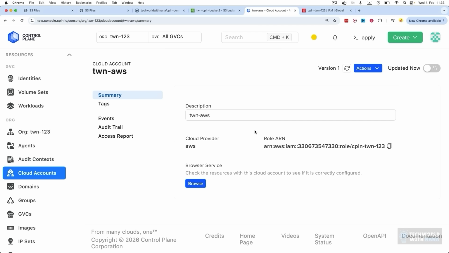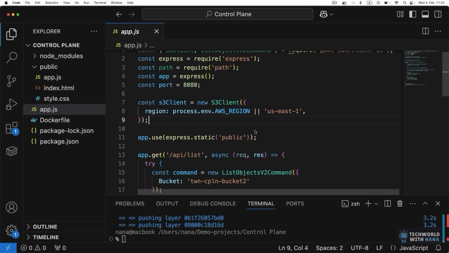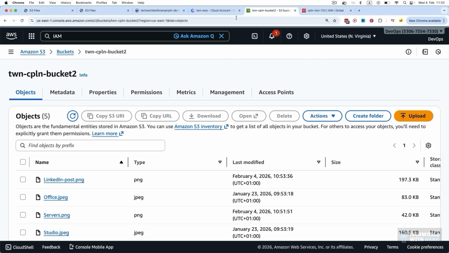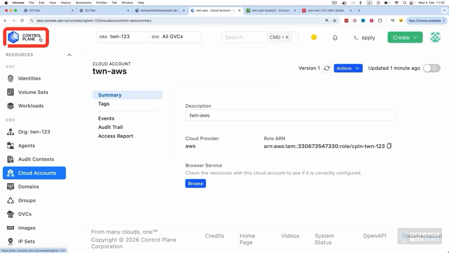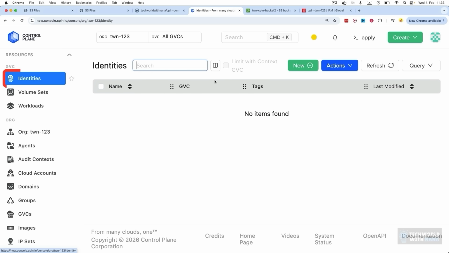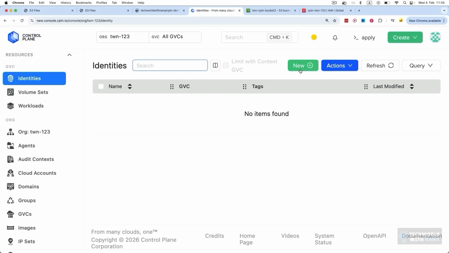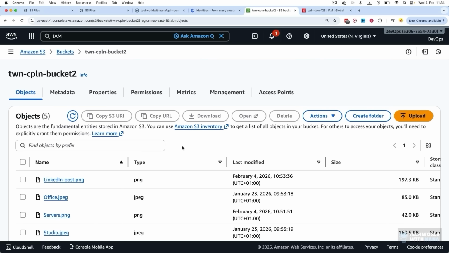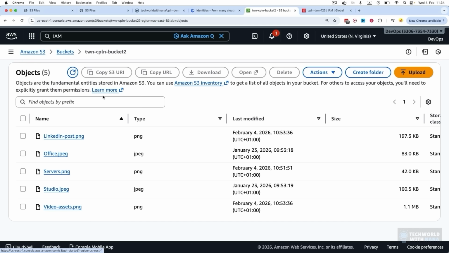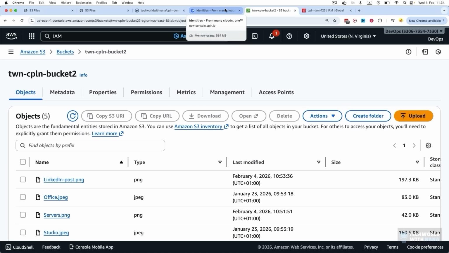Now the question is, that's all good, but how do we actually give our application access credentials to the AWS account, to this S3 bucket, while it's running on the workloads managed by control plane? How does that connectivity actually work? Because again, technically, it's actually pretty complex, right? So in the GVC, we have this thing called identities, which basically is a control plane concept or abstraction of permissions for different cloud providers, right? So here I can say, give me an identity that has permission to connect to S3 bucket on this AWS account specifically and list the files there, has read permission.